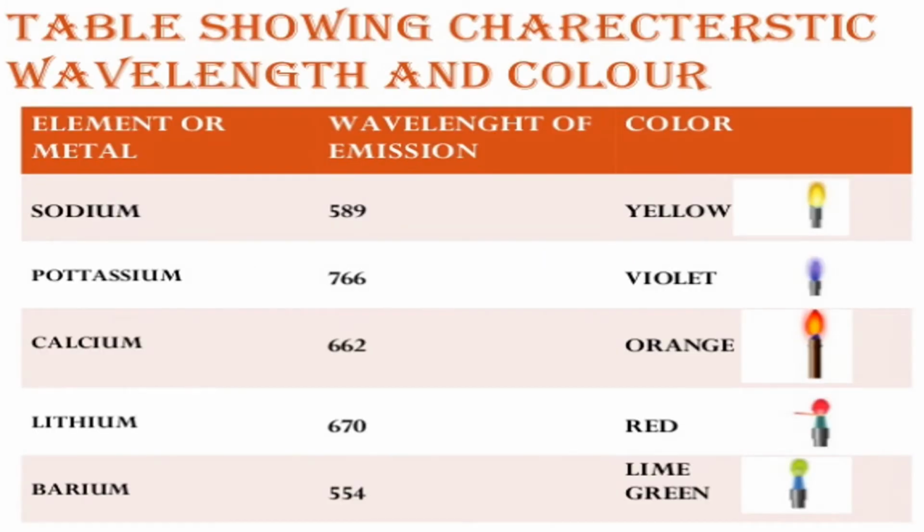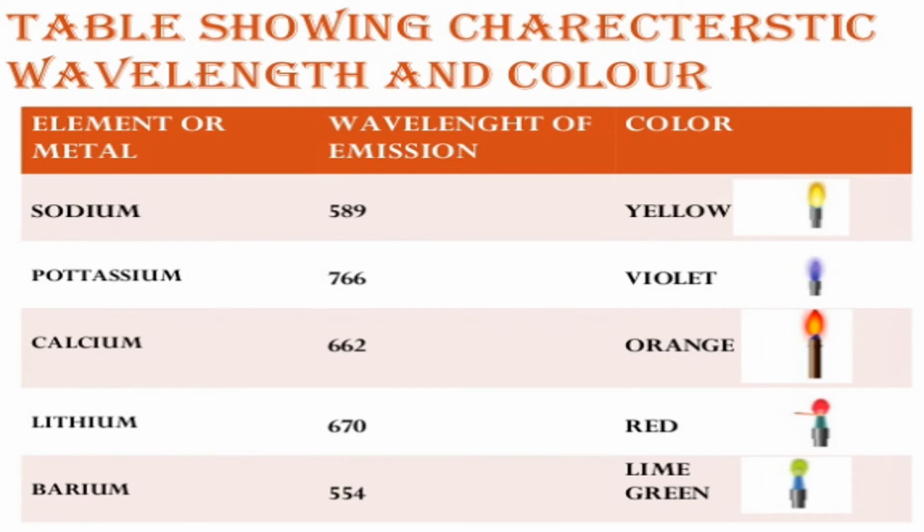Now, as I told you, when you burn sodium in the flame, you will get a yellow flame, because the energy emitted when you excite sodium atoms will be in the form of yellow light, because it emits light in the yellow region. So you know VIBGYOR, that is violet, indigo, blue, green, yellow, orange, red. You should know the wavelength of each particular region.